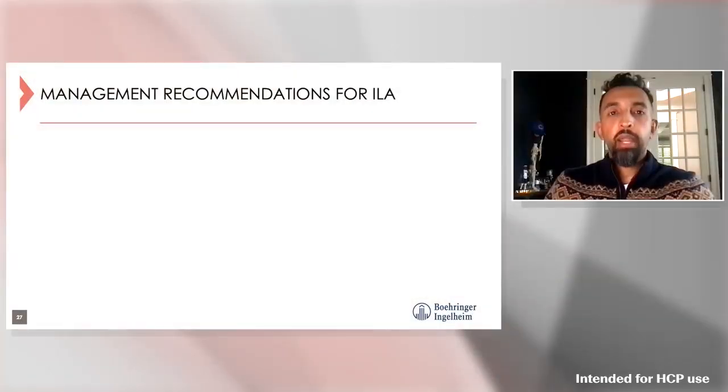So the biggest takeaway for this whole talk is, how should you manage ILA? What should we do as radiologists if you see findings of interstitial lung abnormality? I think the biggest thing is to actually report it. Don't just pass it by. This patient could be at the earliest stages of fibrotic lung disease, so it's important that we report the findings. In my reports, I will say these findings could represent interstitial lung abnormality. Often I'm seeing basilar subpleural reticulation with potentially traction bronchiectasis and bronchiectasis.